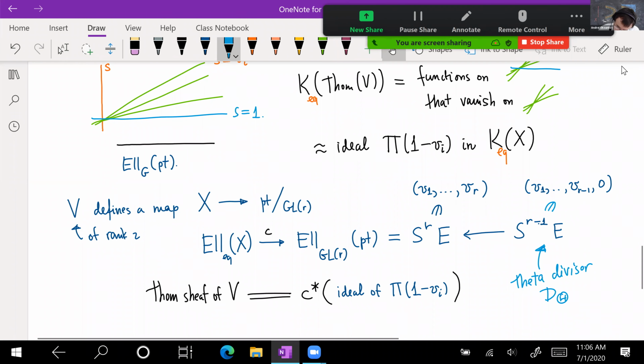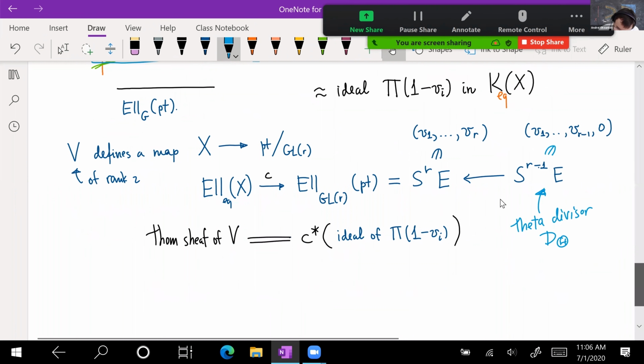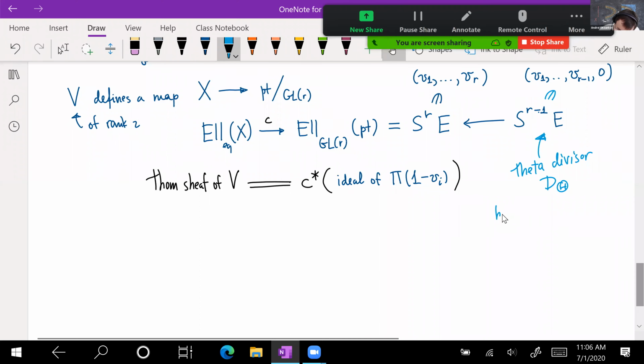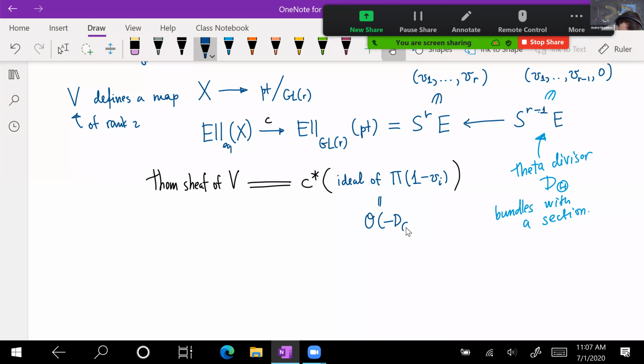So this is the bundles with a section. So this is the ideal that is therefore O of minus this d theta